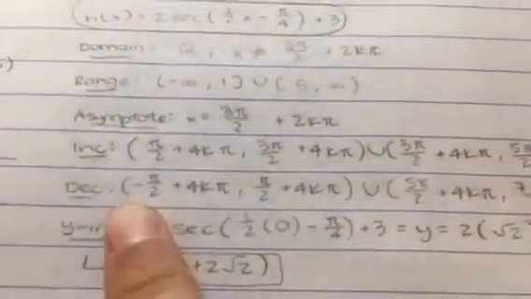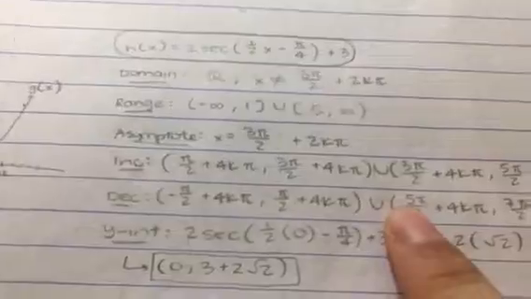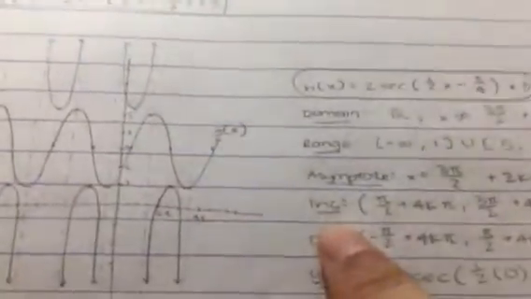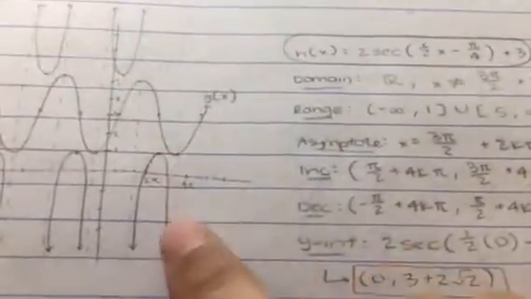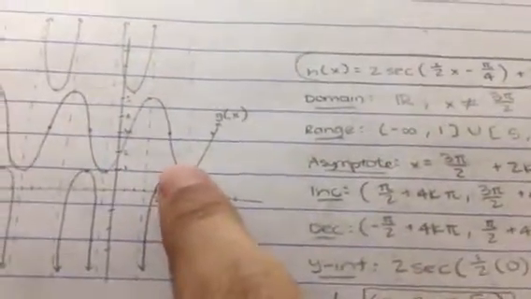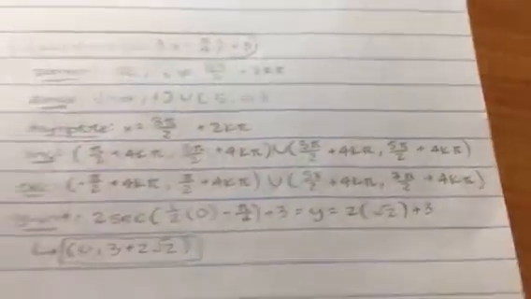So I said decreasing from negative pi over 2 plus 4k pi to pi over 2 plus 4k pi. And then it's also decreasing from here to this interval right here. So this is 5 pi over 2 down to this asymptote, which is 7 pi over 2. And then again add 4k pi